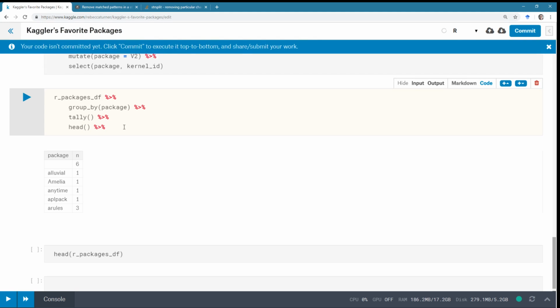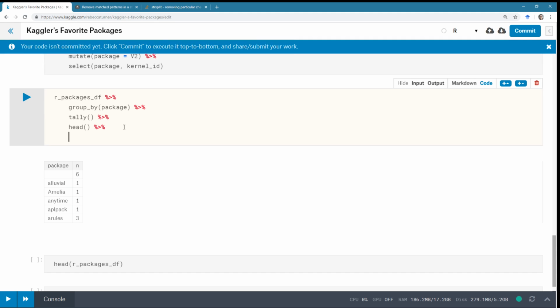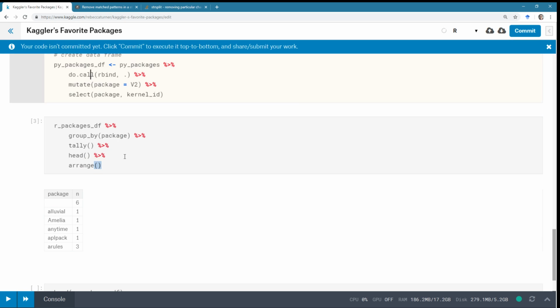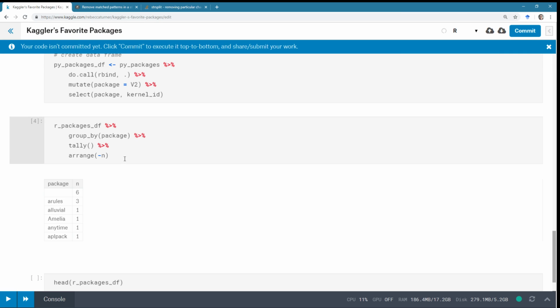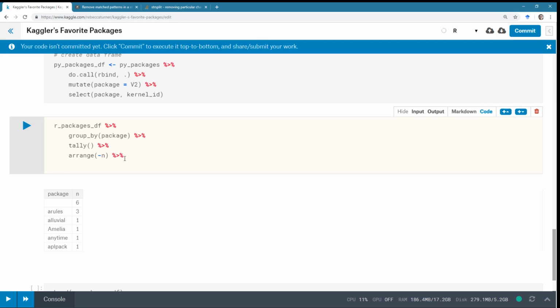But it is less helpful to see the head than it is to see them arranged, is that how it's spelled? It is indeed how it's spelled. See them organized by the number, and I want them in descending order, so the biggest numbers are first, and it is called N. I was right about that like 20 minutes ago, and I was like, is it N? Oh. And I should take out the head, because I do in fact, no, I don't need to take it out, I just need to move it. I do in fact want to see the whole thing, and what I want to see is the top 10.